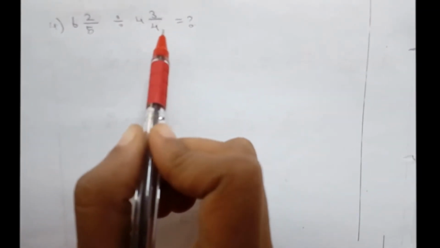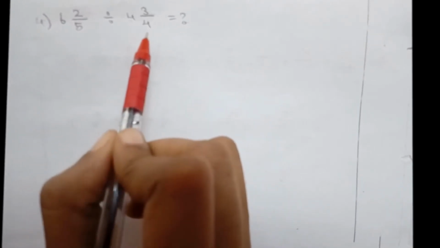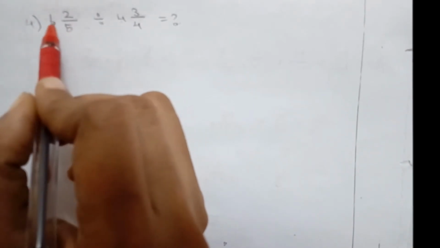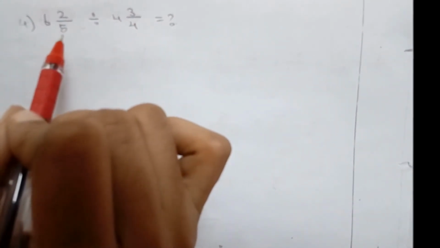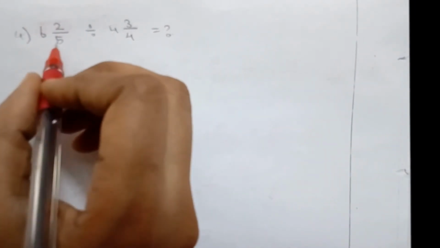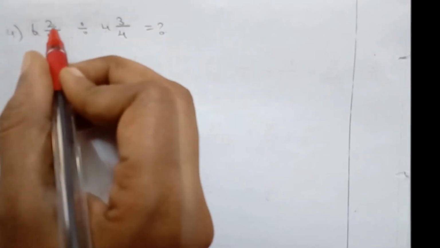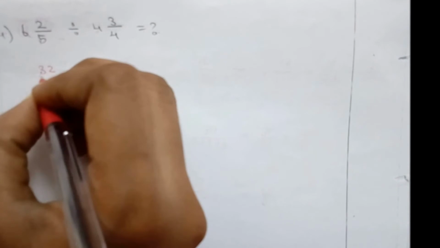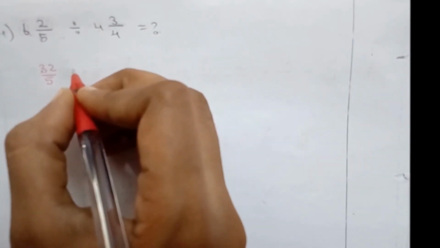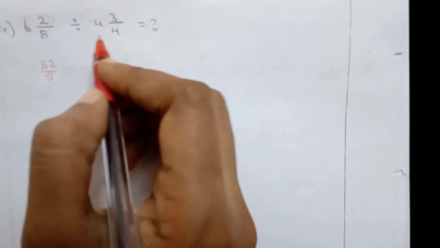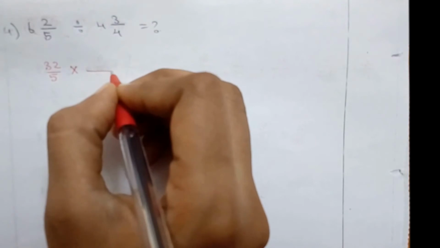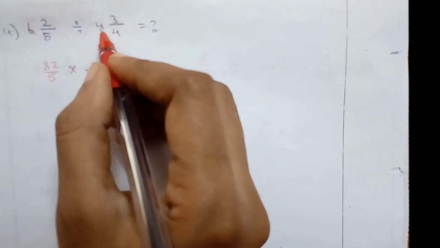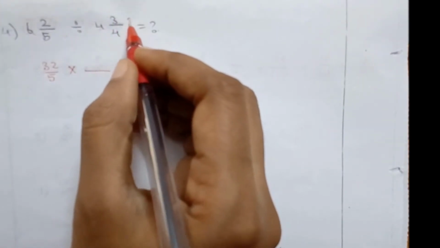So here for the fourth sum, I have a mixed fraction number divided by another mixed fraction number. So here I cannot take the front number separately and find the fraction. So here I will have to directly do with the direct method. So by multiplying 5 into 6 I will get 30, and plus 2 I will get 32 by 5. And for the next number, I have a dividend over here, so I'm going to make it as multiplication, and my number by multiplying 4 into 4 is 16, plus 3 will be 19. So here I will get 3 by 19,